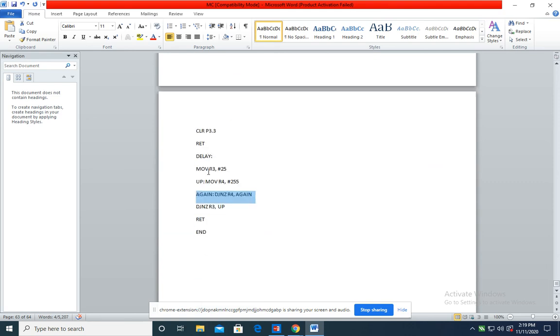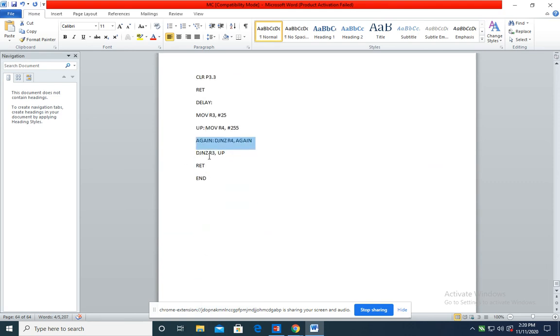So you remember this, you can use any register as a counter for delay generation purposes. You can use R0, R1 up to R7. We know that there are 8 registers and 4 register banks. From this you can use the R0 to R7 registers. Here we have used R3 and R4.